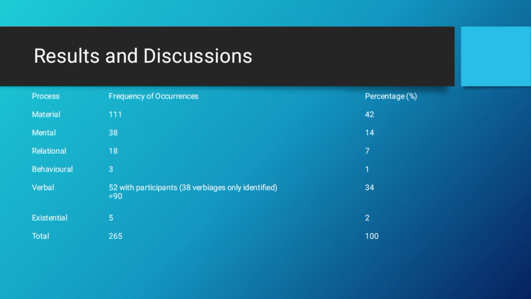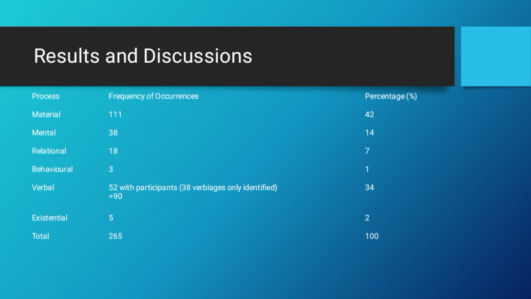So here we have our results from the data. We have a total number of 265 transitivity processes. We have 111 material transitivity processes, which represent the process with the highest frequency. Then the process with the second highest frequency is the verbal, and we have a total number of 90